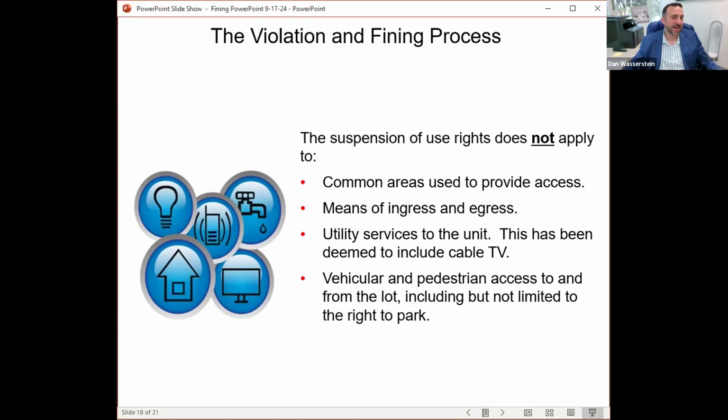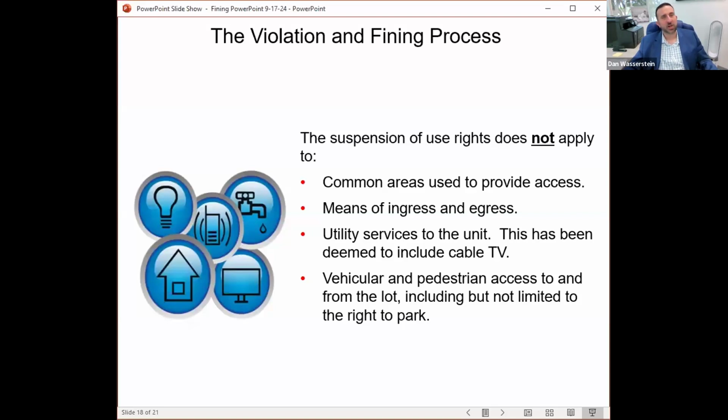And while I like the idea and the thought, and I see the analogy, there's no way that would be upheld, just given how much more cumbersome, especially in a high rise, it could be to make someone take the stairs. But a good thought. Another item you can suspend, most commonly, utility services.